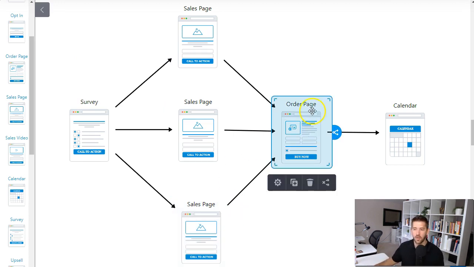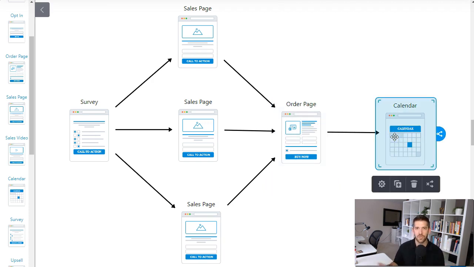So if they purchase and they go through the process, again, you could do upsells, downsells, however you want to, but at the end of the day, you're going to actually send them to a calendar where they can then book time with you and set up your consultancy and have people coming to you and asking for you on demand. I've actually implemented something similar to this in about 5 minutes on my website, and it got me a